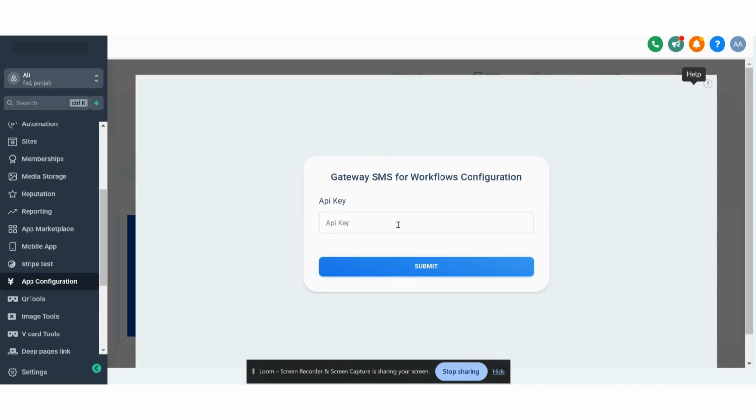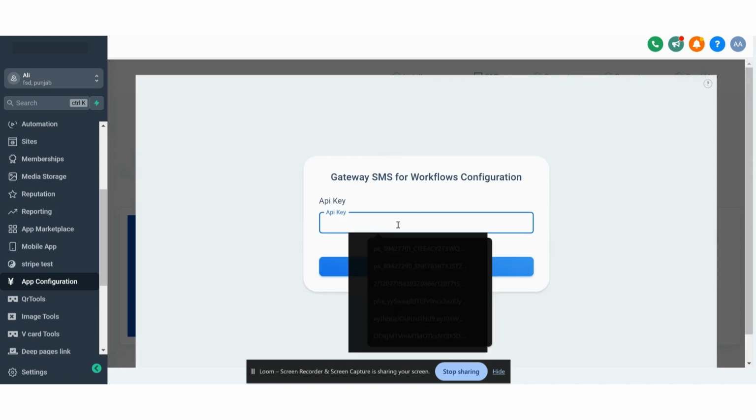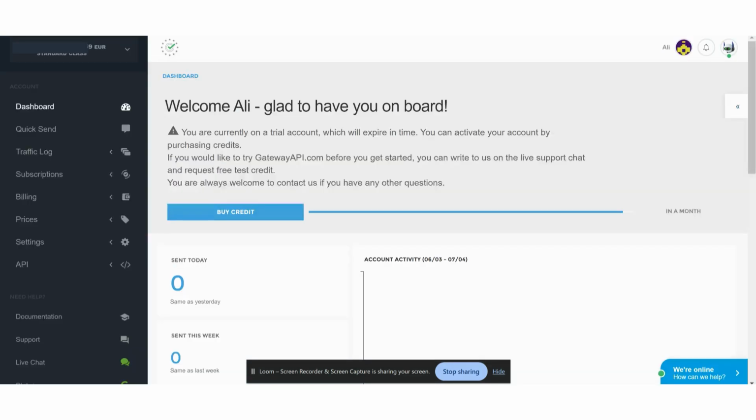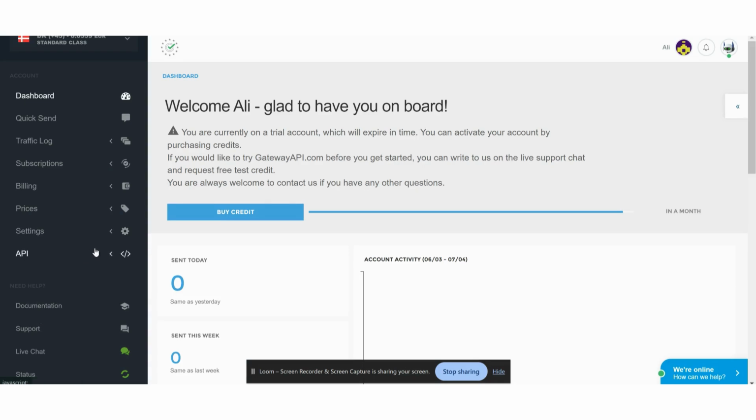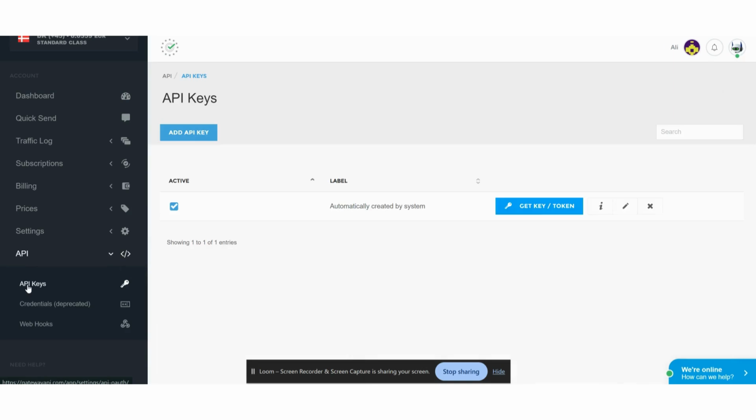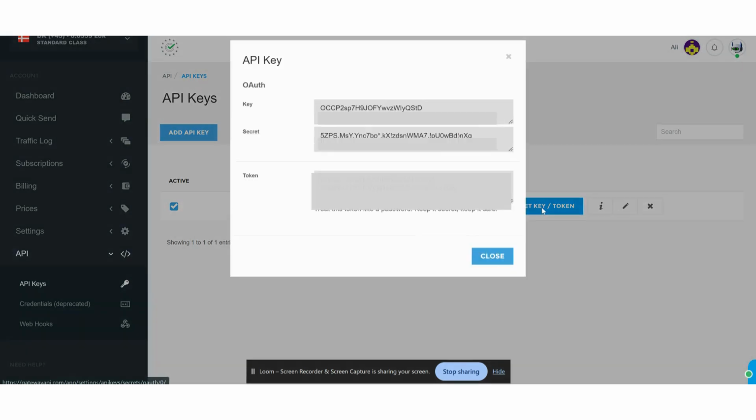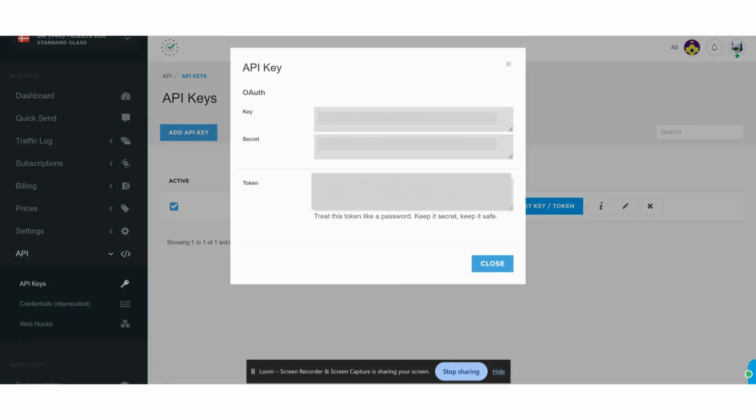So here you need an API key for it. For this you need an account. So create a Gateway API account and here in the API section you can get its API key. So click on API keys and there is one by default. You can also create a new one. So here I click and this is your token. So copy this